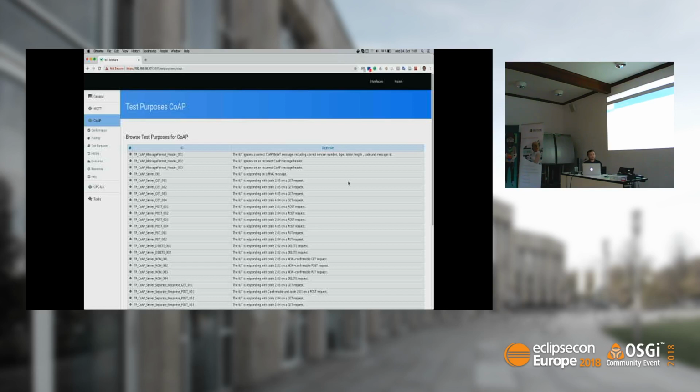I know that Eclipse has tried to have interop events on MQTT, which might be a good next step after having tested, or this might be a first step before going to interop tests, just having the conformance checked. And I'm pretty sure the interoperability results will be much better if everybody tests the conformance beforehand.